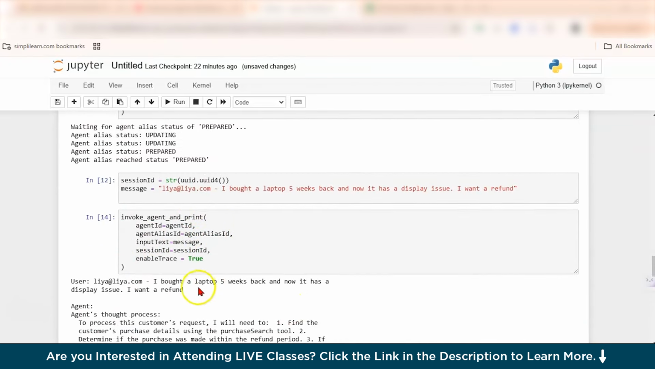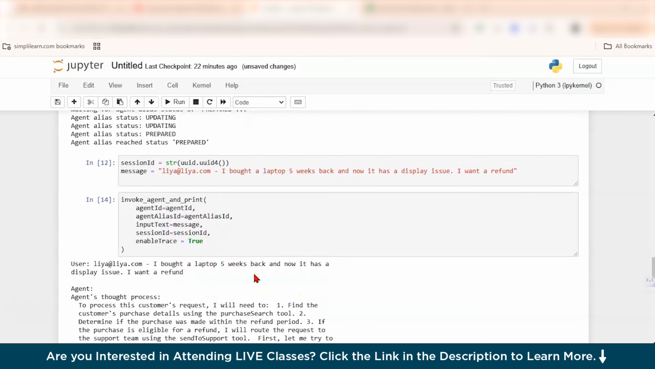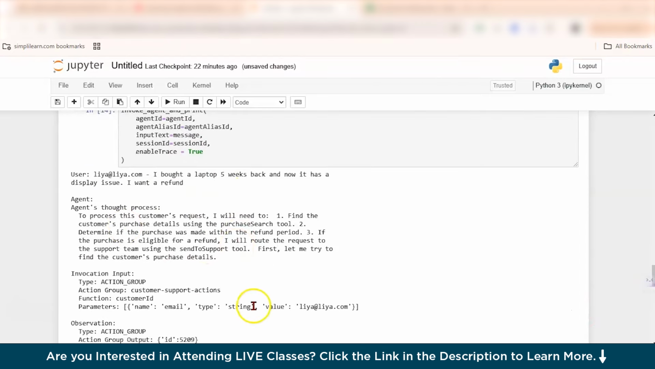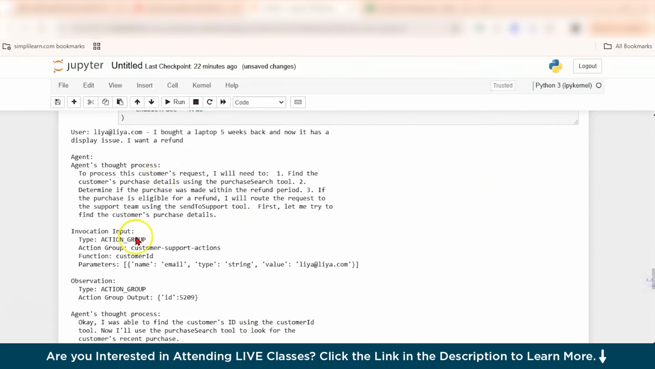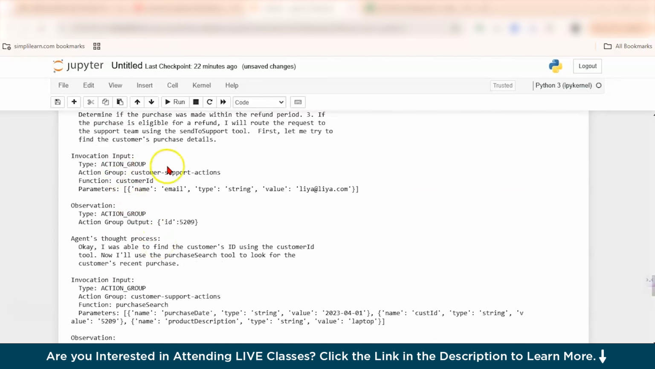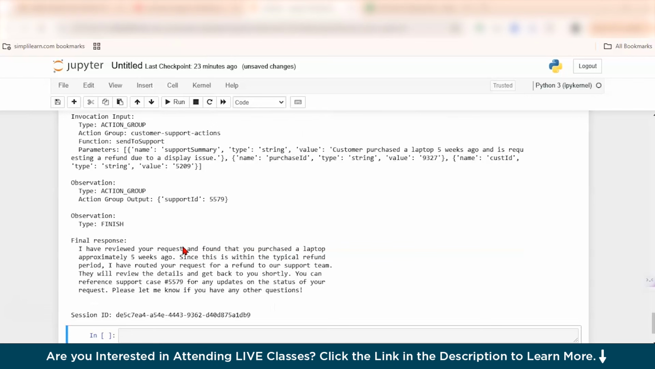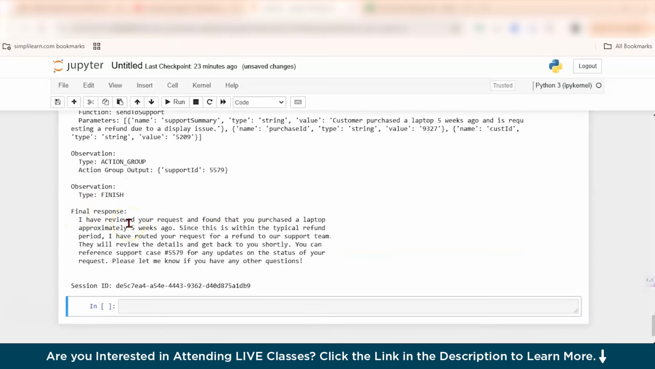So basically the invoke agent and print function sends a message to the agent and retrieves a response. Again, here we have kept enable trace as true. So this is the response. We have the agent's thought process, invocation input, again the agent's thought process, and finally here we have the final response where it has said that I